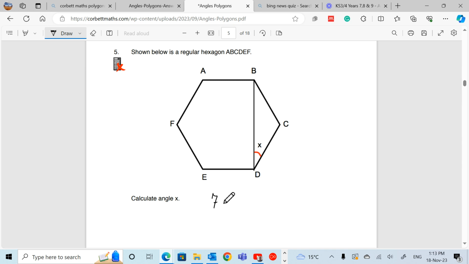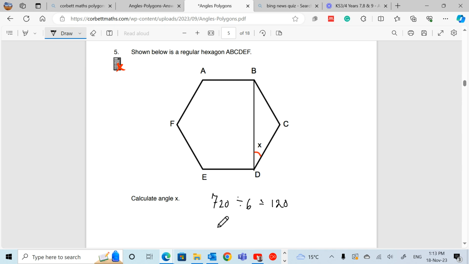So let's write that out. We've got 720 divided by 6, and that will give us the size of each angle. So we know that that's 120 degrees. So 120 degrees, and then of course we have